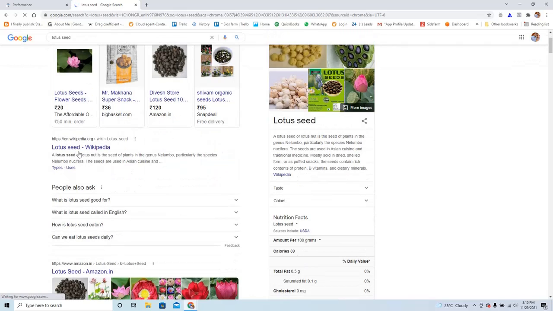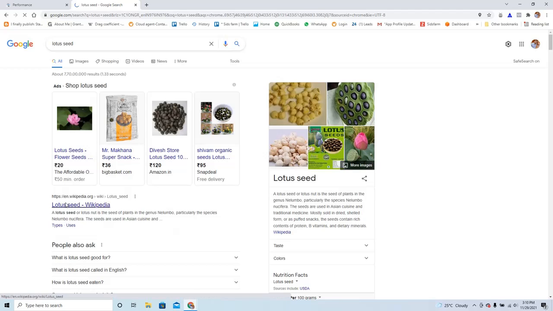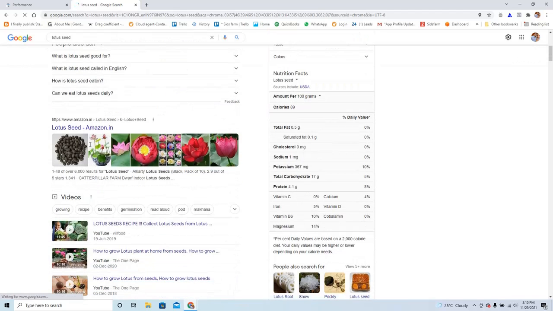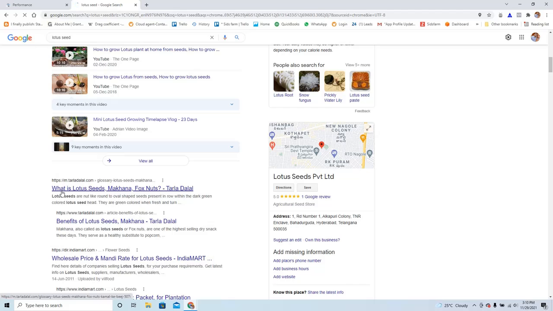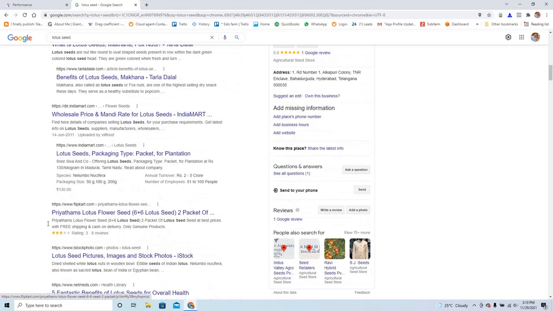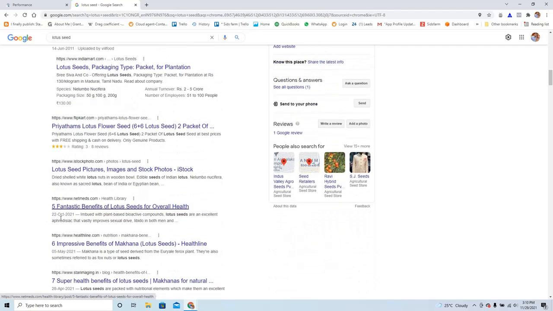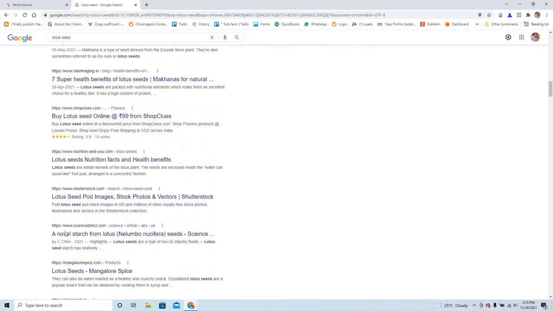After that you see a Wikipedia article, which has got the first rank here. After that you see a couple of images, a couple of videos, and then some recipe pages. Tarla Dalal has second rank, wholesale prices third rank, Flipkart fourth rank, and so on. Based upon your rank, you get the number of impressions.